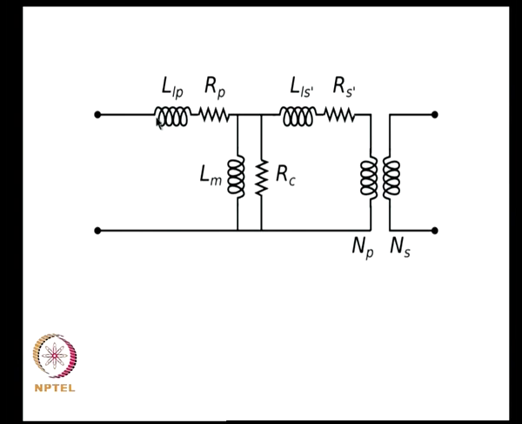where you would have leakage inductance of the primary, you would have the primary winding resistance, you would have leakages of the secondary, which you could reflect back to the primary side, you would have your magnetizing inductance, you might have core loss resistance terms, and the question is what could be a typical value that you could take for such a transformer. Okay. So, if you look at the power rating of a transformer, say as an example, a transformer at a sample power rating